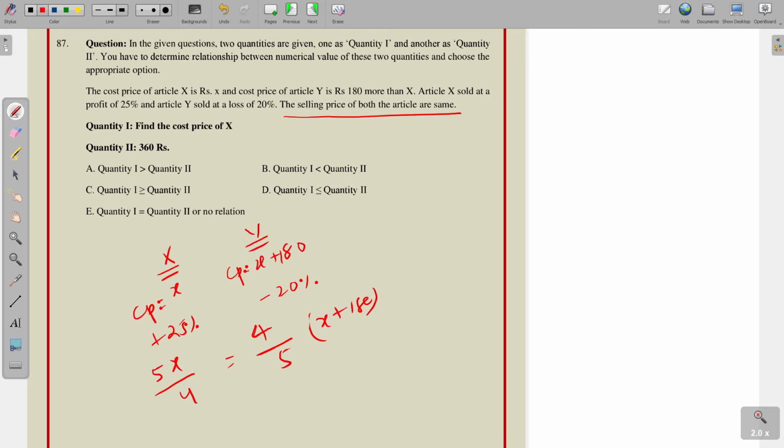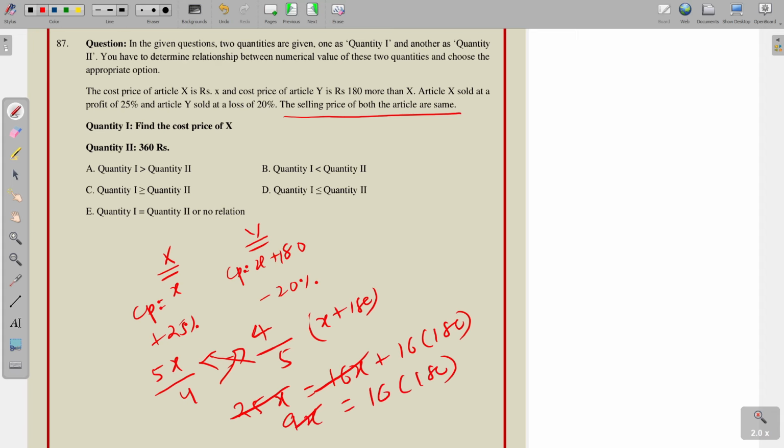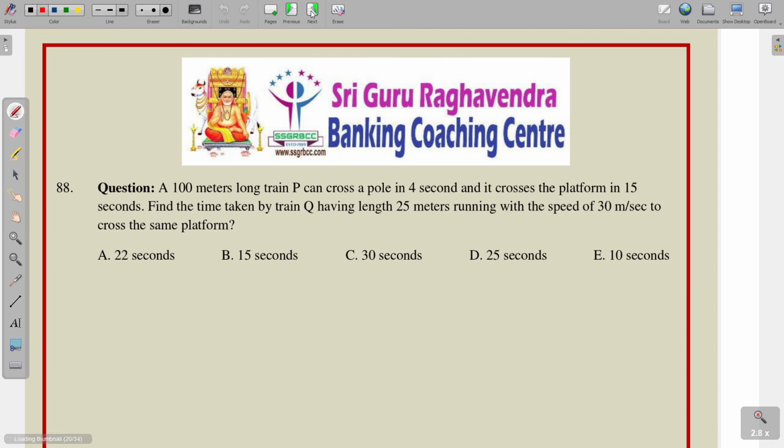Both the selling prices are equal, means after cross multiplication 25x is equal to 16x plus 16 into 180. Subtraction of this one, it is 9x is equal to 16 into 180. Therefore, x is equal to 320. This one is the first quantity 320, second quantity 360. Therefore, first quantity is less than second quantity, 320 is less than 360. Next question,